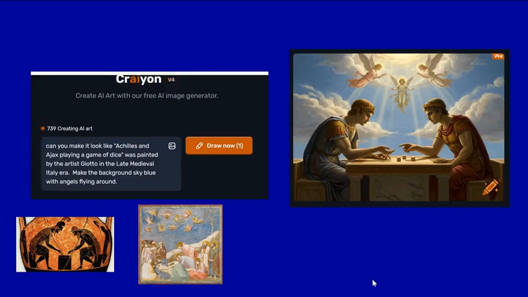All right. And then I tried it with crayon. So I said, can you make it look like Achilles and Ajax playing a game of dice was painted by the artist Giotto in the late medieval era? Make the background sky blue with angels flying around. Now, what the AI came up with looks beautiful, but it doesn't look like a fresco painted by